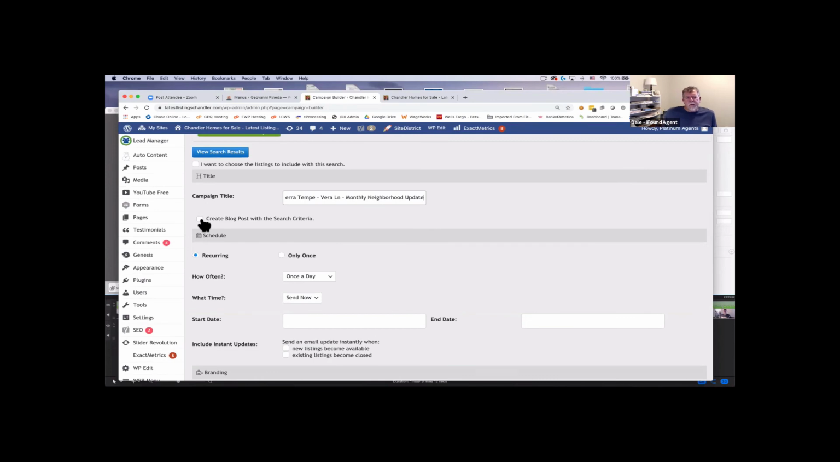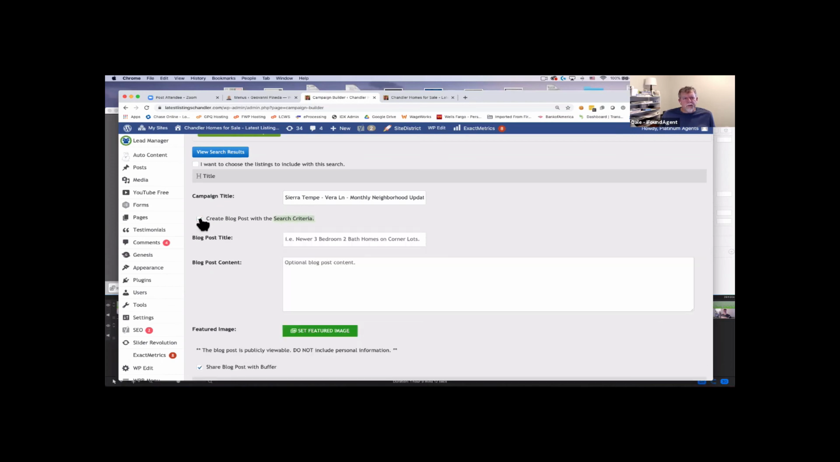next, what I can do is if this is in a market area that you want your website to get found for, or if it's a farming area, or you want to be an expert, you may want to blog this particular search on your website. And that's where what we're saying here is create blog posts with search criteria. So if I click this, it opens up another little section. I put in my blog post title, homes for sale in Sierra Tempe, AZ,